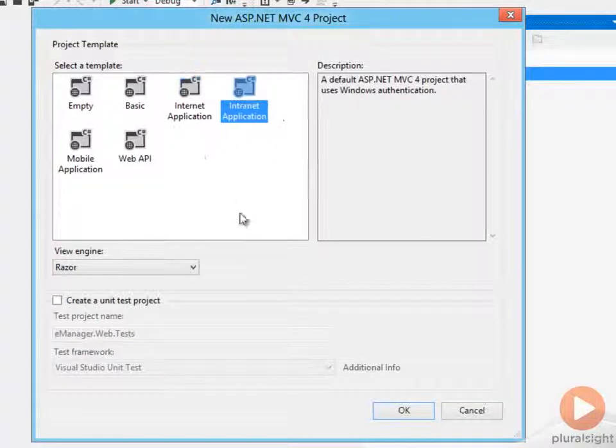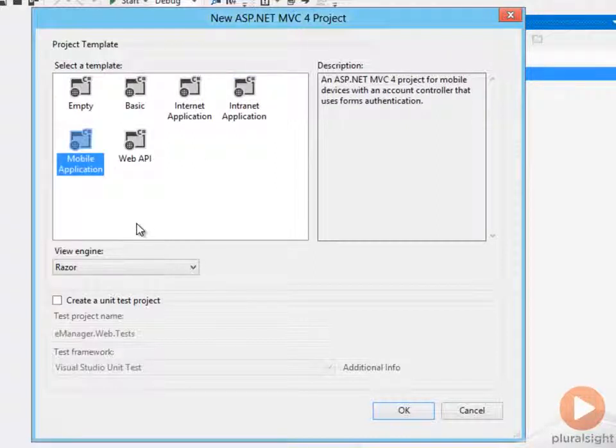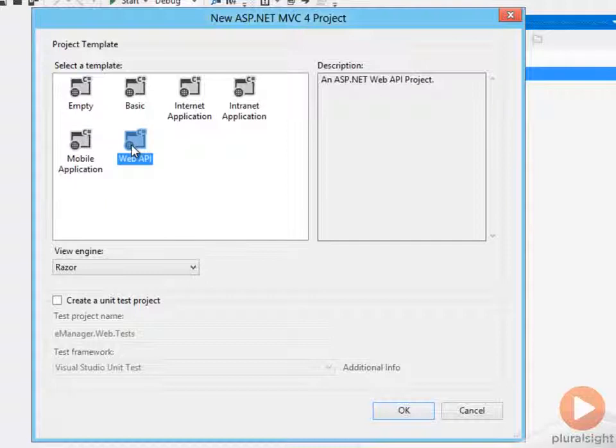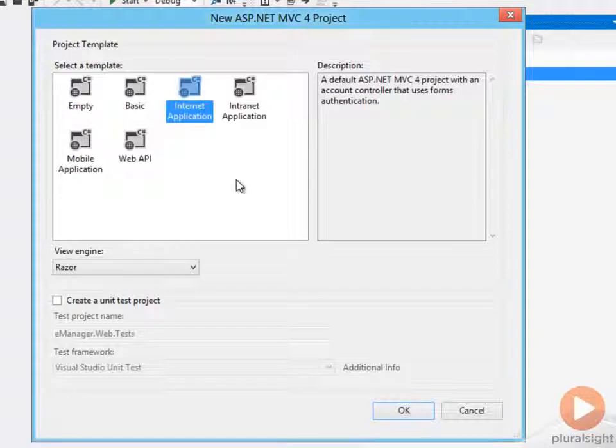The intranet application offers many of the same features as the Internet application, but intranet assumes you're inside of a firewall, you have Active Directory available, and your users will primarily come into your application as authenticated Windows users. There's also the mobile application project template, which we'll talk about in the mobile module of this course, and the web API template, which we can talk about in the web API module. So I will create an Internet application